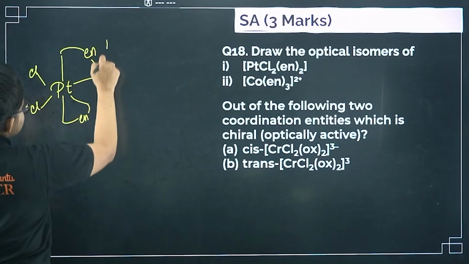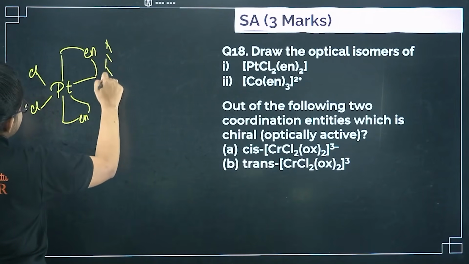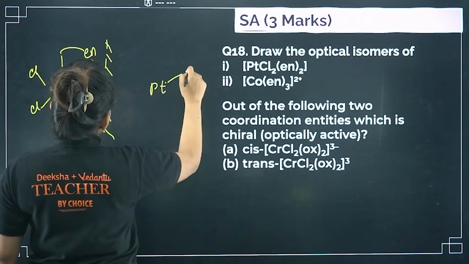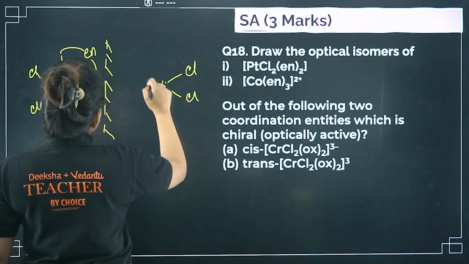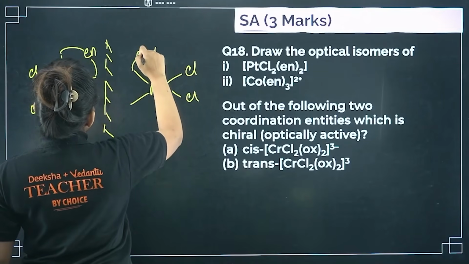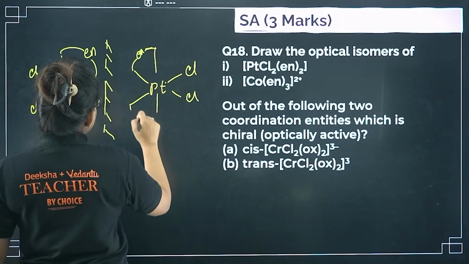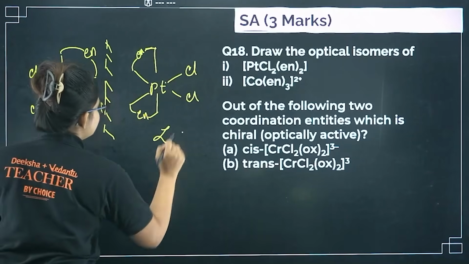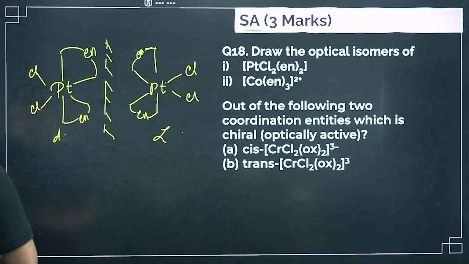Now place a mirror and draw the mirror image. Platinum, here Cl, here Cl, here 1 ethylenediamine and here 1 ethylenediamine. If one is your dextro, then the other is your levo. This is how you should draw it. Next,